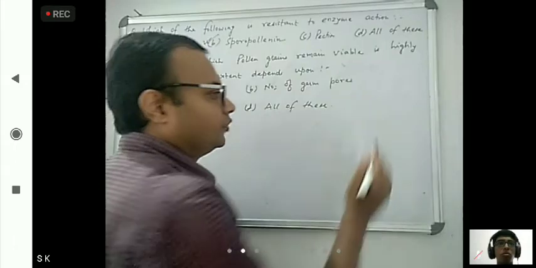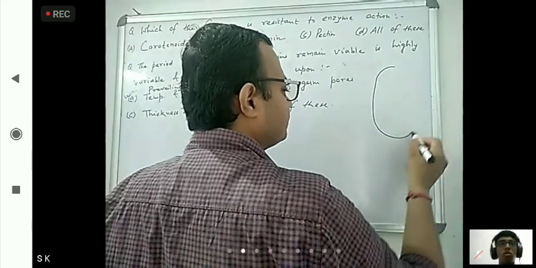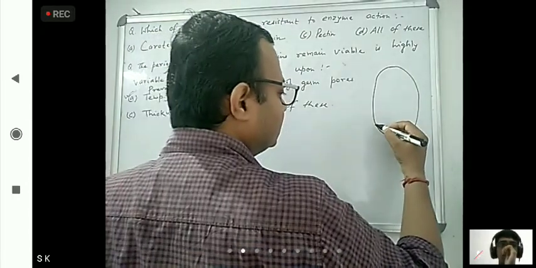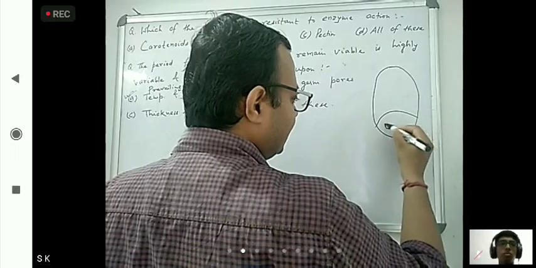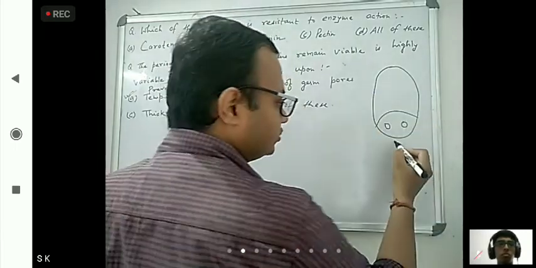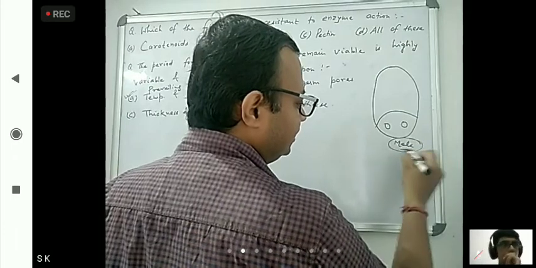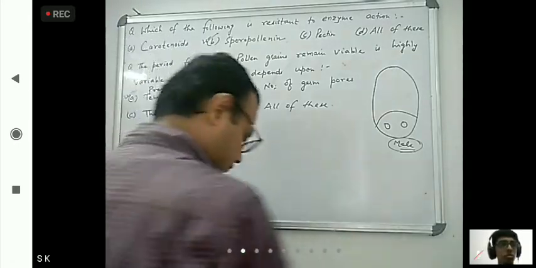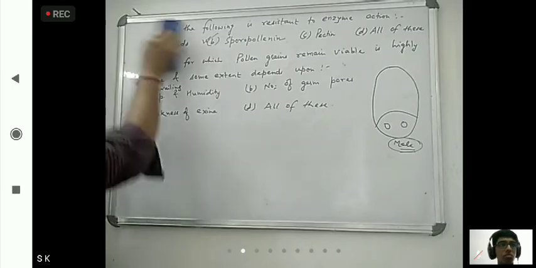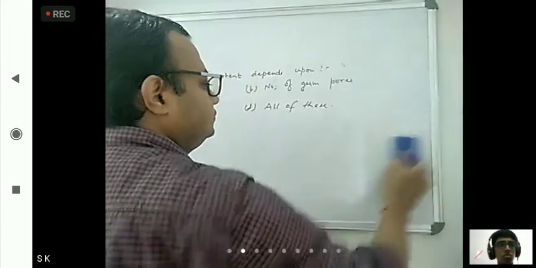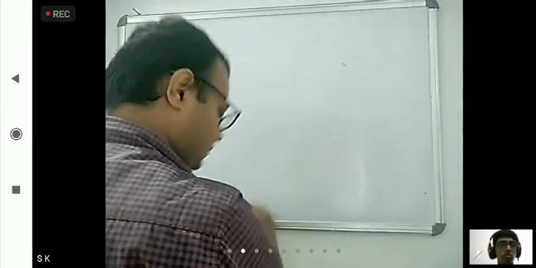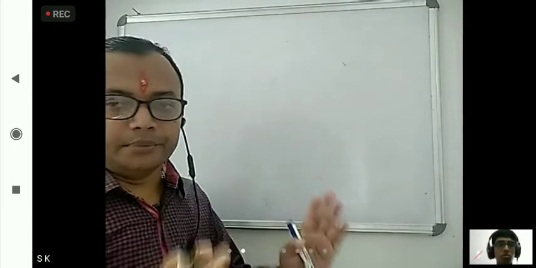Till now what we discussed: vegetative cells help to germinate the pollen tube, and two male gametes we already formed. Okay, so this is the male part, the male gametes we need. Now we will come to female. So in female what we have to discuss? Pistil, ovule, embryo sac.